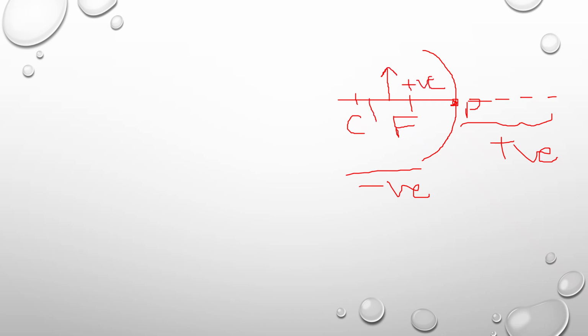If this is the direction of light, we measure opposite to the direction of light. Therefore we take these distances as positive towards the right side, and these distances as negative, and the upward distances as positive, and downward distances